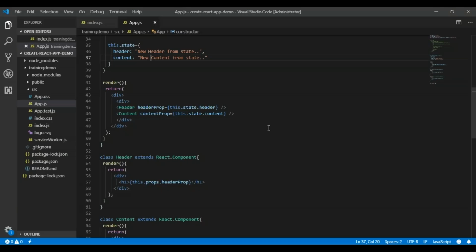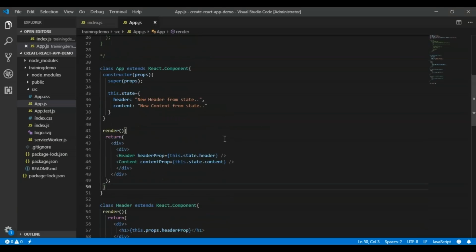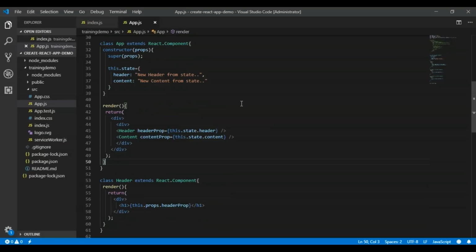This is the output. Basically, I have shown you both ways of using state in React.js: you can use it without props and you can use it with props also. So there are two ways of using state in React.js. But I recommend that you use state with props, and whenever required, apply the props. It's not always necessary to implement everything only with state. You can very well use props and state together in the same application.